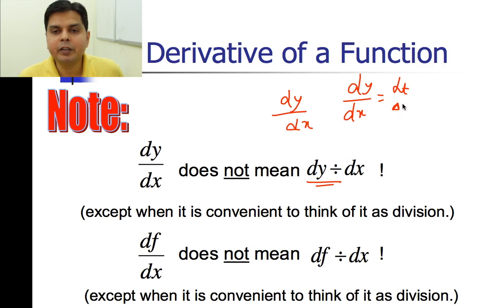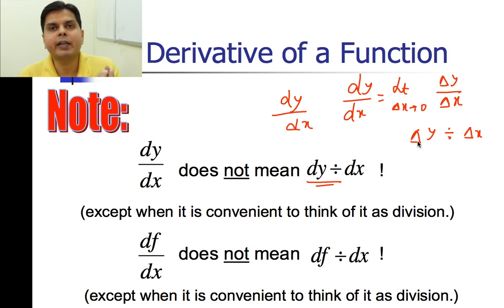is equal to limit delta x tends to 0 of delta y by delta x. This is clear to all of you. And now this thing delta y by delta x, this is a simple quotient of two numbers, delta y and delta x. So since these are two numbers, I can say that okay, this is delta y divided by delta x, because this delta y and delta x are finite numbers, say 10 to the power minus 6 or 0.005, 0.003. But this dy and dx, they are notations. That is, when delta x tends to 0, my delta x can be denoted by dx and my delta y can be denoted by dy.